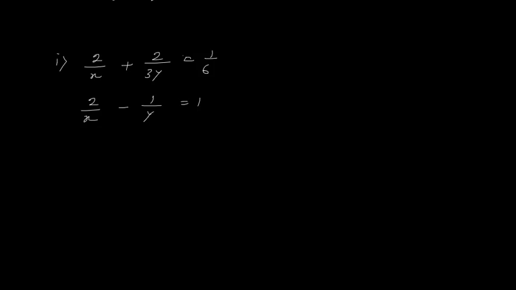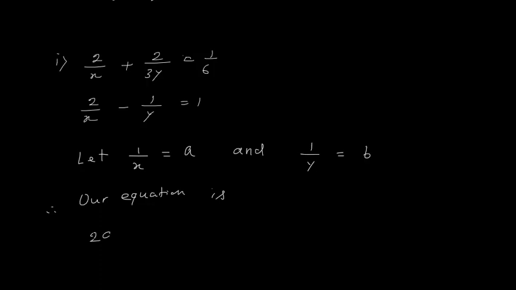So what we do, we will consider, if you see this 2 upon x means 2 into 1 upon x. So I will take this 1 upon x as another variable, say a, and 1 upon y I will take as b. So therefore our equation is, we will say this is now 2a plus 2 upon 3b is equal to 1 upon 6. This I will consider as equation 3,